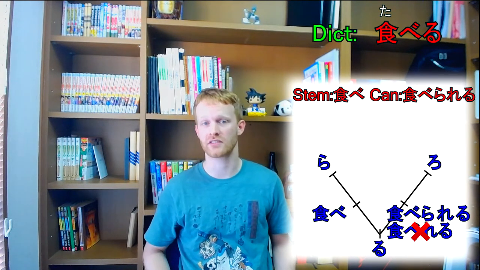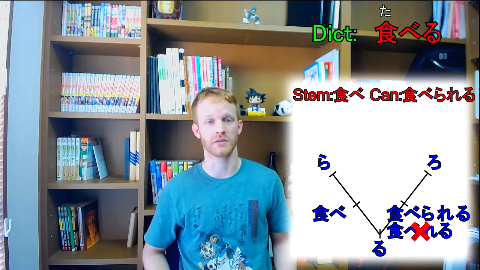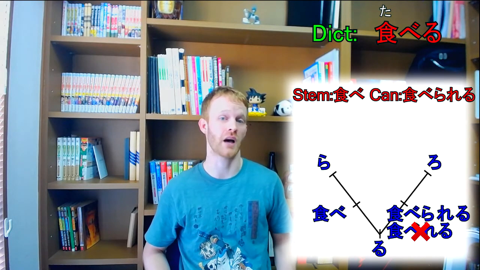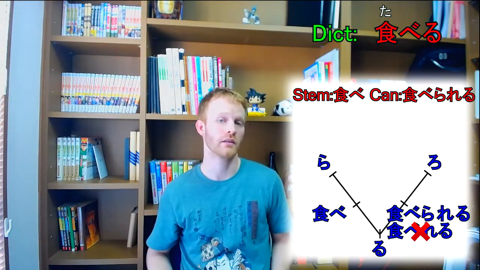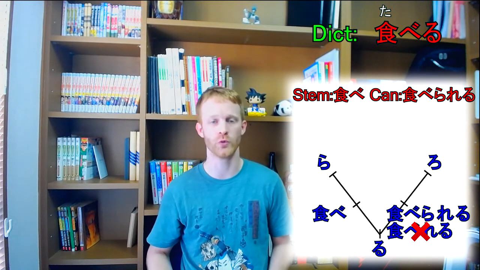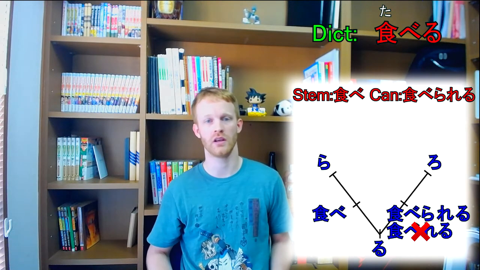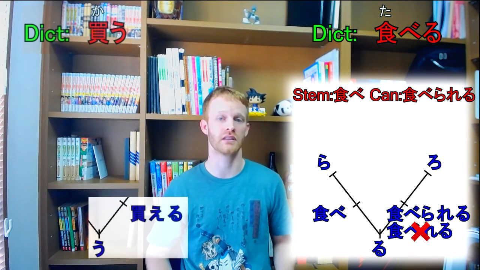Additionally, while we're on the tangent of potential form, this is also a ru verb, or group 2 verb. So to make it the polite form, you would change it from taberareru to taberaremasu. I know I've been talking a lot, but do you remember when I said this? Potential forms of verbs in group 1 become group 2 verbs, or ru verbs, so I'll backpedal to those when I get there. Well, u verbs, or group 1 verbs, when they're in the potential form, are now ru verbs, or group 2 verbs. So, kau becomes kaeru, and then politely becomes kaemasu.